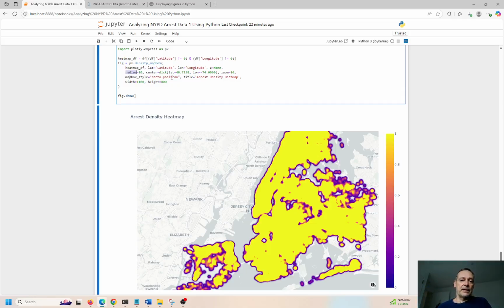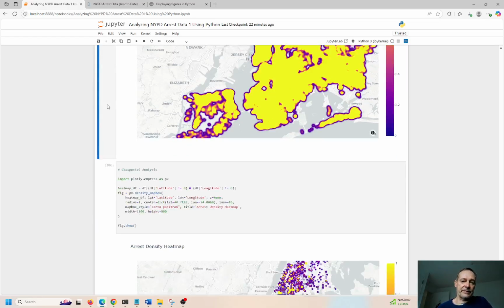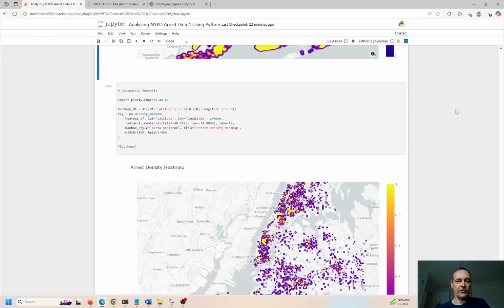And the center for the whole plot is going to be this latitude and this longitude. This is kind of representative of the middle of New York City with all the 5 boroughs. That's why I picked that. And we have the height and the width of the plot. And that's basically it, right? So very straightforward. But it looks like